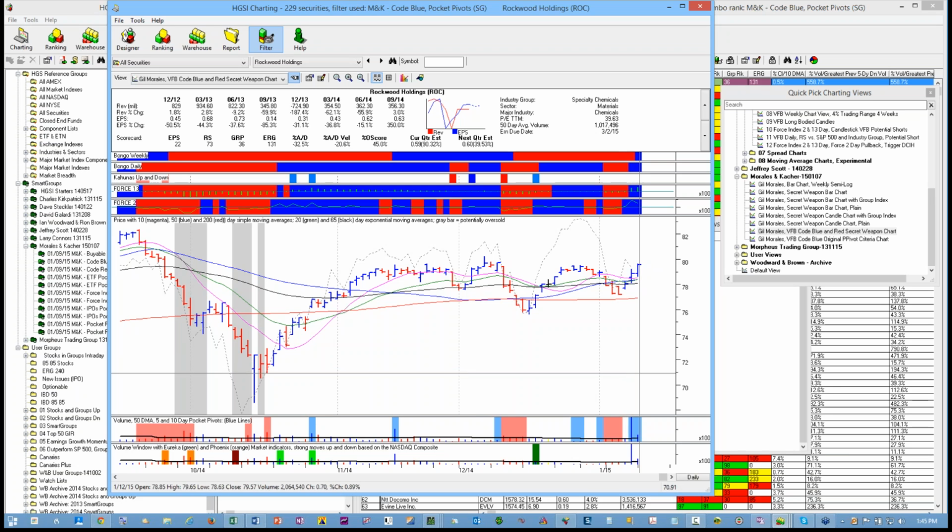It showed it again Friday, and then let's see, what is the date today? Is this the 12th? I believe it is. So this is what Rockwood is doing today. It looks like it's still going up based upon a 15-minute delay. I'm going to hit my F5 key, and that will update everything. So this bar right here